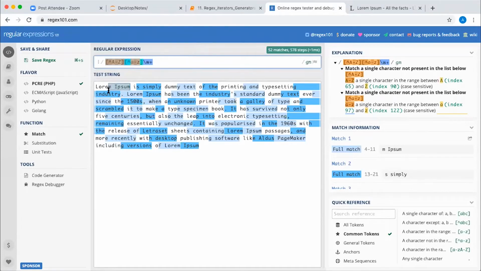So it is not taking O or E, but if it is taking M, it is matching this first character because it is not a capital letter. And if after this there is a space, which is not a small case letter, it is also matching, right? So these two things are matching.